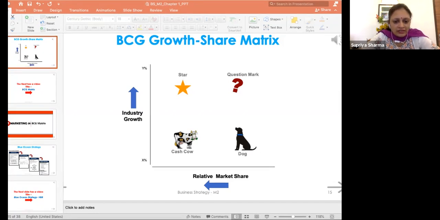So low industry growth and low market share. Stars are high industry growth but low market share. Question marks are high industry growth and high market share. And dogs are low industry growth and